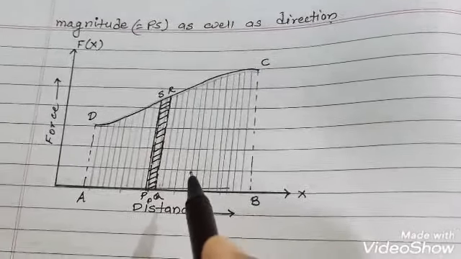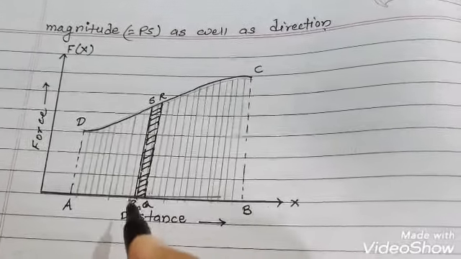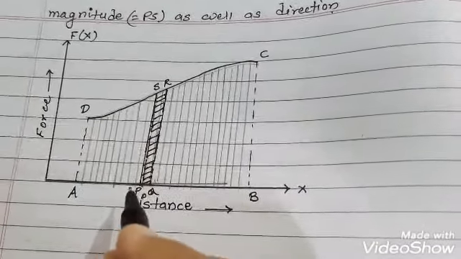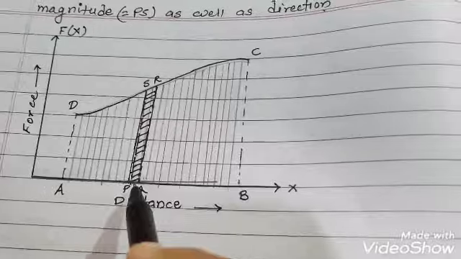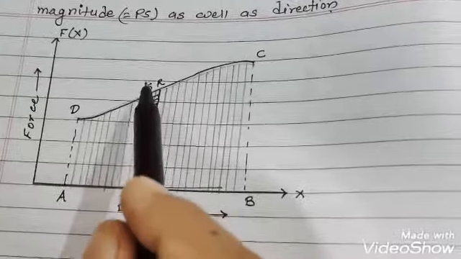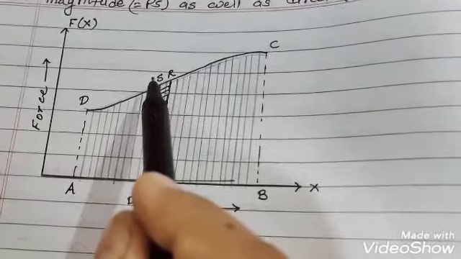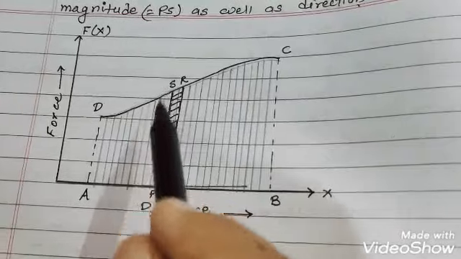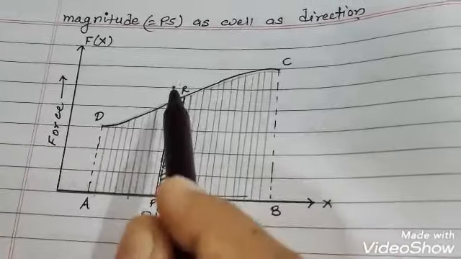So what we have done, we'll see one such displacement, that is from P to Q. We have taken the displacement from P to Q and we are going to calculate the work done in just moving the object from P to Q. You can see the graph SR, and this SR is almost a straight line, or you can say there is no difference in PS and RQ.